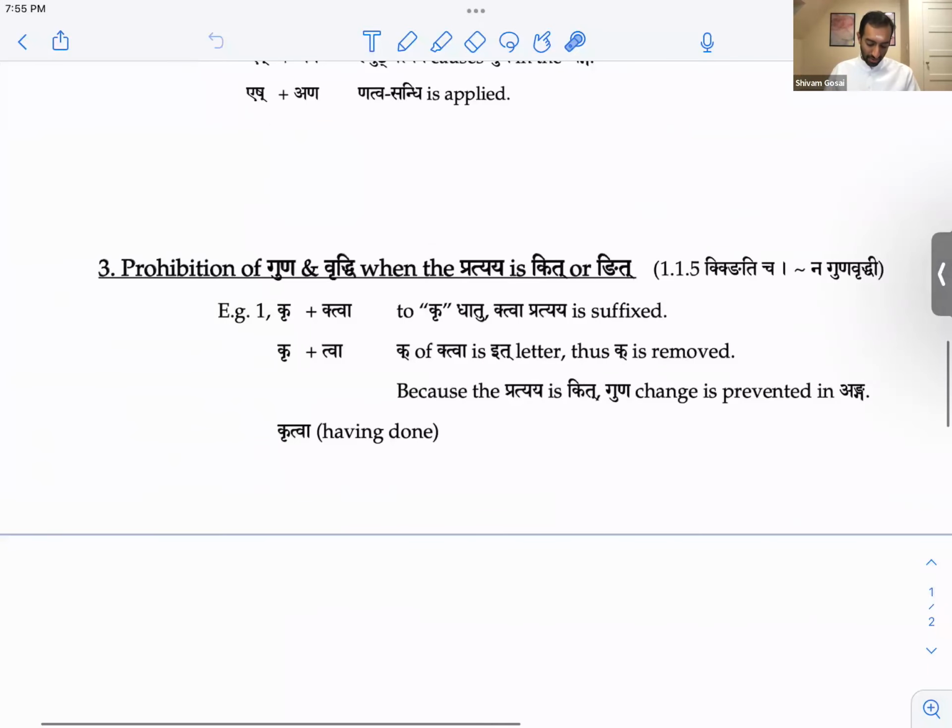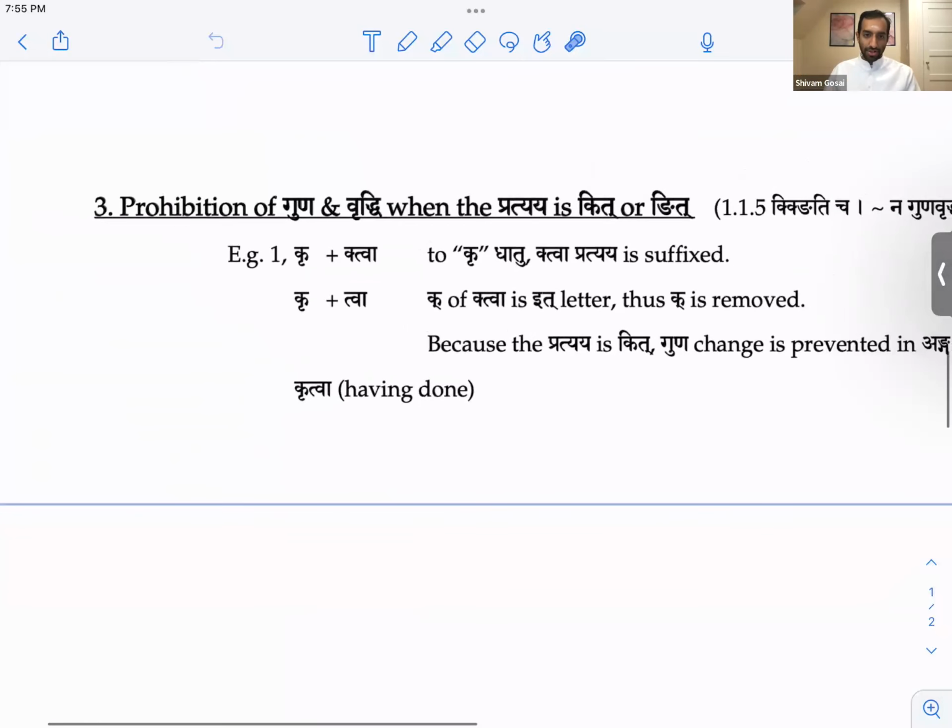We don't need to spend too much time, but I wanted to cover guna and vriddhi. So Urmilaji, you asked if it can happen everywhere else? Well, not necessarily. If the pratyaya is kit or nit, then guna and vriddhi are not possible. These stop guna and vriddhi.